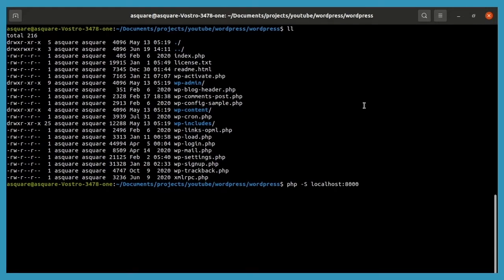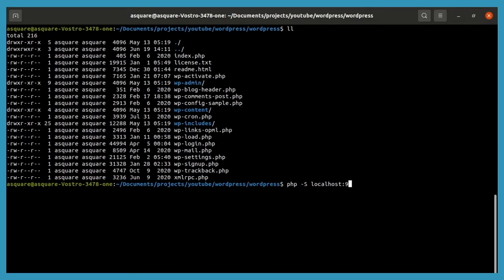PHP refers to the PHP programming language that is installed. Hyphen S means start the PHP web server. Localhost is equal to the domain that you use in your browser URL, that is HTTP or HTTPS slash slash www.google.com. So instead of that long URL which is available publicly, because it is our local, we use localhost colon, and then comes the port number. Now I have used the port number as 8000, but any other port number can be used, or any other four-digit port number, because a four-digit port number is usually preferable.